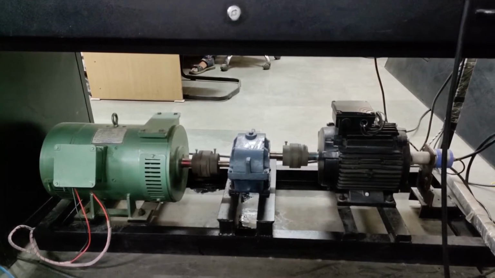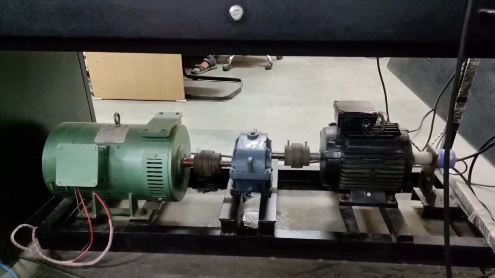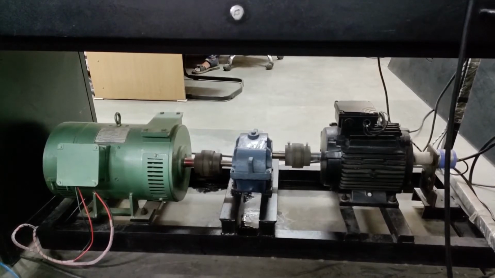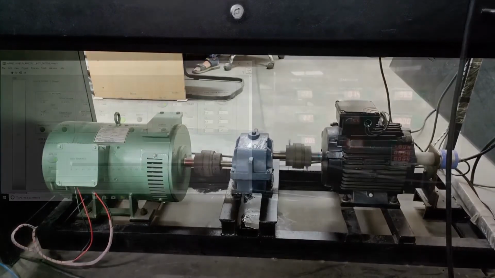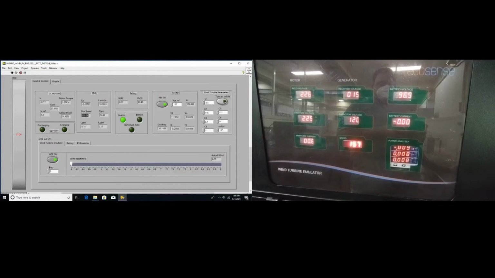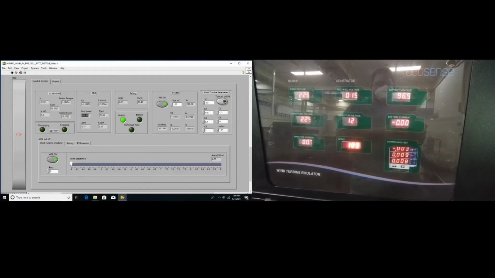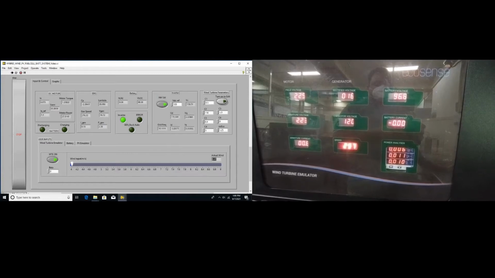Once the motor has started running, the user can see the RPM value climbing on the measurement panel as well as on the software panel. We can also see the actual wind speed increasing.